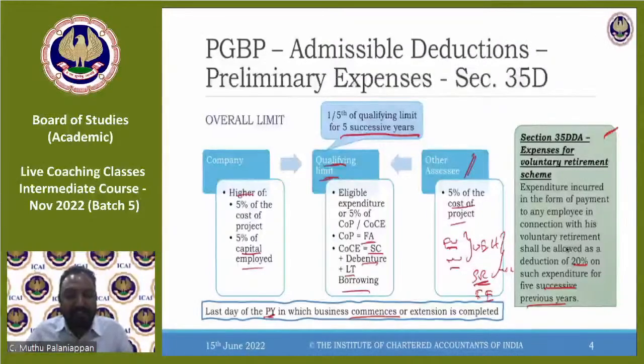Pooja, 5% deduction is quite small. See, I'll just tell you, the cost of project will be in crores. It will be like 100 crores, 50 crores, 10 crores or something like that, right? So the 5% of that will be a very huge money. But on what are we computing that 5%? We are computing on the entire cost of project. So it could be running into crores. Even if you take 1 crore, 5% will be 5 lakhs, right? So that is how the quantum will be. So your expenditure should be less than this. That's how the limit is there.